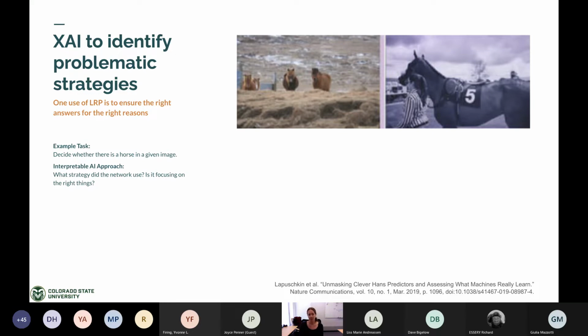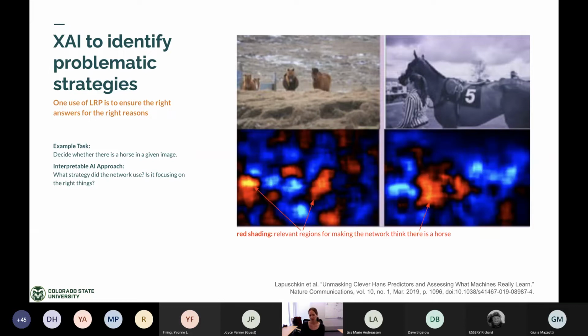What we can use now is this method, this layer-wise relevance propagation method, to ask which regions of these pictures were most important or most relevant for the neural network's correct prediction. And these are the heat maps that result. Now, they're a total mess, but all I want you to do is sort of squint, and hopefully you can convince yourself that the red blobs generally line up with where there are horses. So far, so good. The neural network's looking where there are horses to predict there are horses.